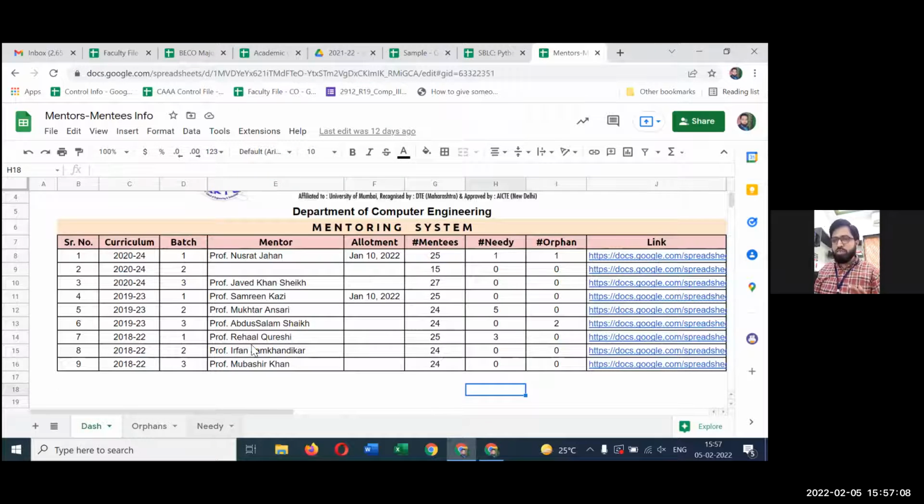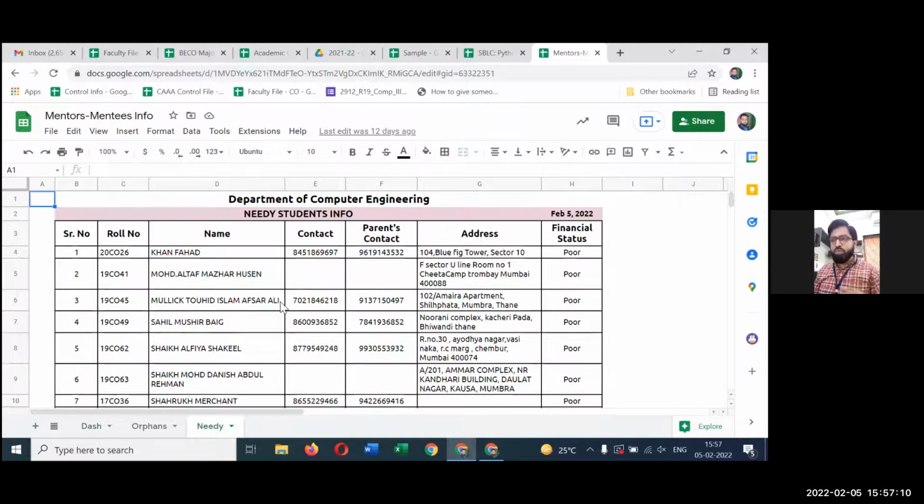So here I am getting the list of all the needy students. ठीक है? अब कभी भी कोई भी scholarship आ रही है, कोई भी detail आ रही है, every time you need to work out who are the needy students. ठीक है? हर एक mentor को फिर बोलना है, they will be providing us the information.